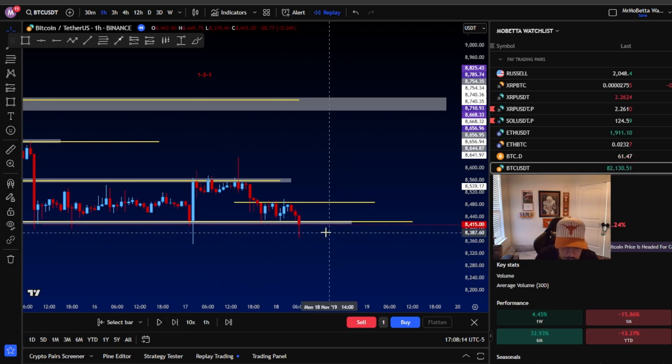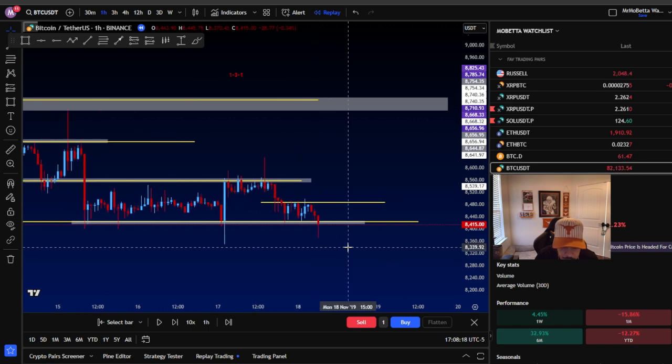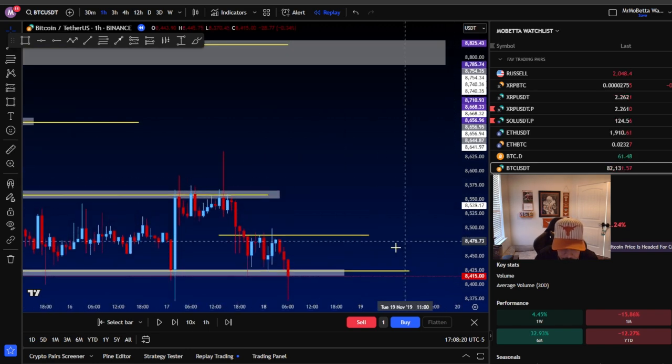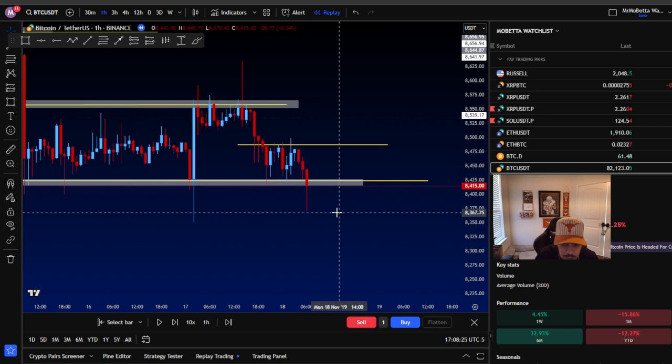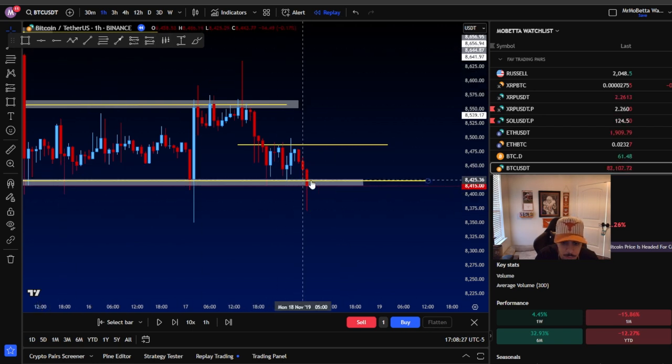Okay, so now we've got a close below support. We got a wick to fill. Let's see if 7 a.m. is going to fill our wick. If we can get a push higher that does not break this high, we should be able to continue lower. If we get a push that breaks this high, we would not go in, right? So let's see. We'll go here and go,